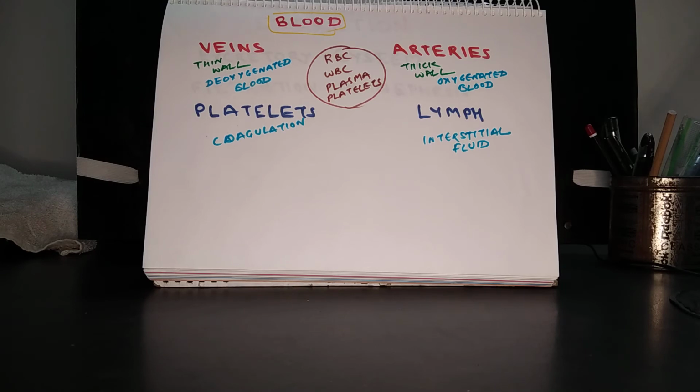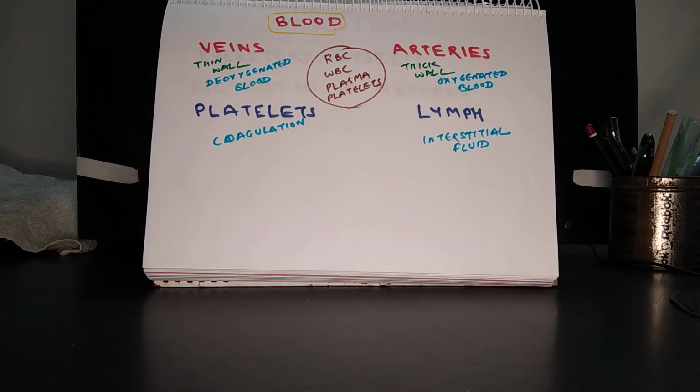Now there are 2 types of blood vessels, veins and arteries. The veins have thin walls, while arteries have thick walls. Arteries have to carry blood under very high pressure, and that is why they need thick walls. Veins do not have to withstand high pressure, so thin walls are sufficient. But veins have valves in them, so that the blood flow is maintained in one direction only. Veins usually carry deoxygenated blood, while arteries carry oxygenated blood. There are exceptions. Pulmonary veins carry oxygenated blood, and pulmonary arteries carry deoxygenated blood.